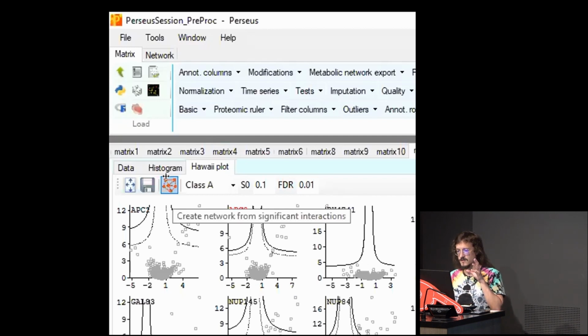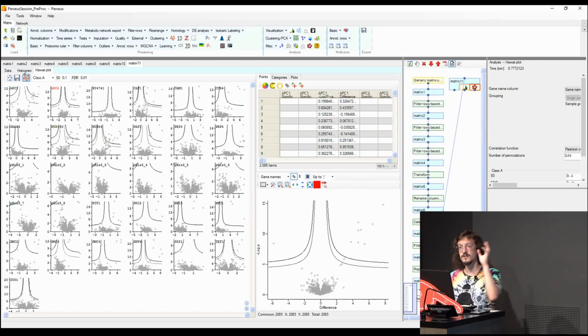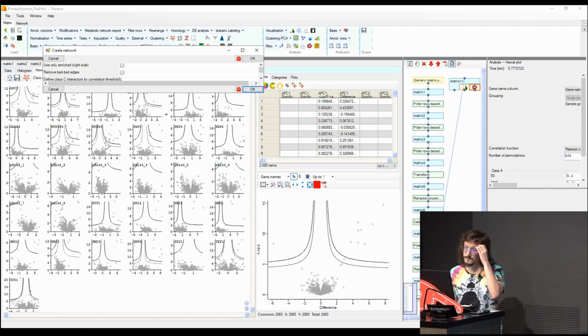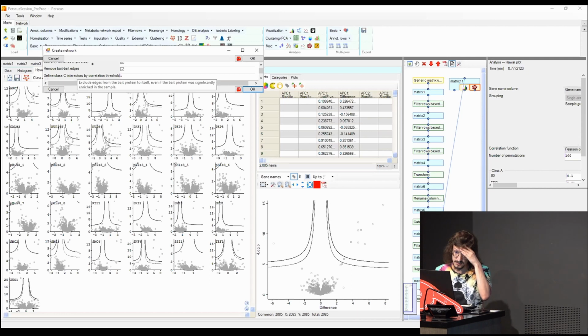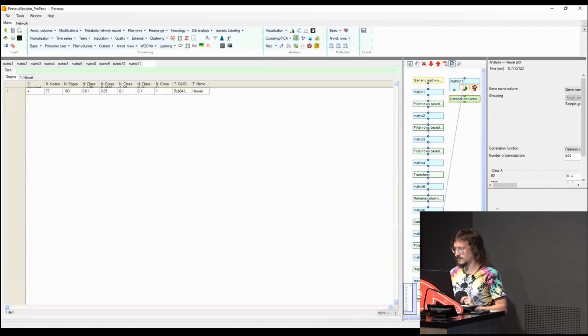Perseus now has all these interactions, all the volcano plots coming from every single bait with the significant proteins, and it will select every bait, take only the significant ones, and try to make an interaction network from this information. Use only enriched, yes. Remove bait edges, yes. This is basic information about how to create the network. We will keep them as they are.